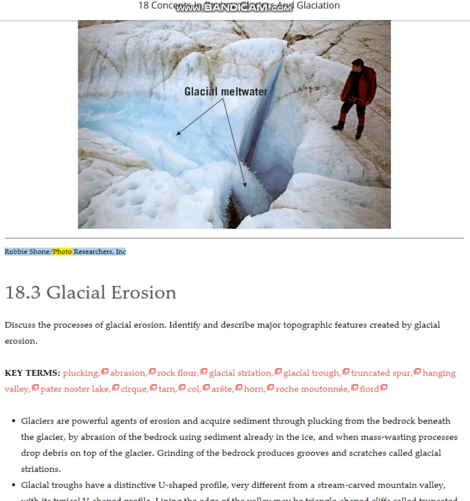Robbie Schoen/Photo Researchers, Inc. 18.3 Glacial Erosion. Discuss the processes of glacial erosion. Identify and describe major topographic features created by glacial erosion. Key terms: plucking, abrasion, rock flour, glacial striation, glacial trough, truncated spur, hanging valley, paternoster lake, cirque, tarn, col, arête, horn, roche moutonnée, fjord. Glaciers are powerful agents of erosion and acquire sediment through plucking from the bedrock beneath the glacier,